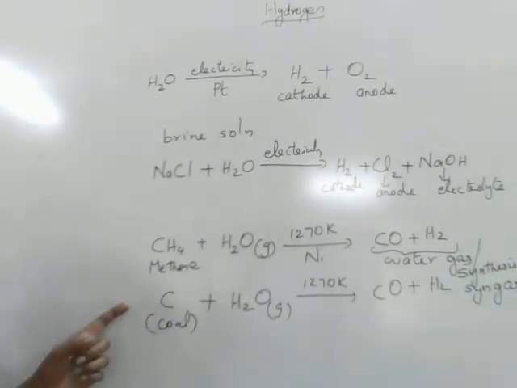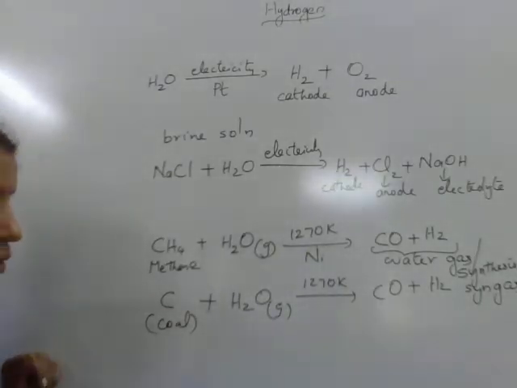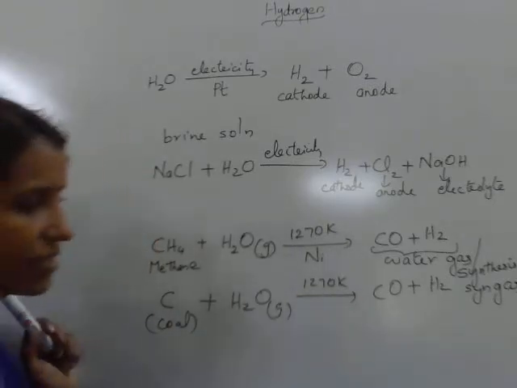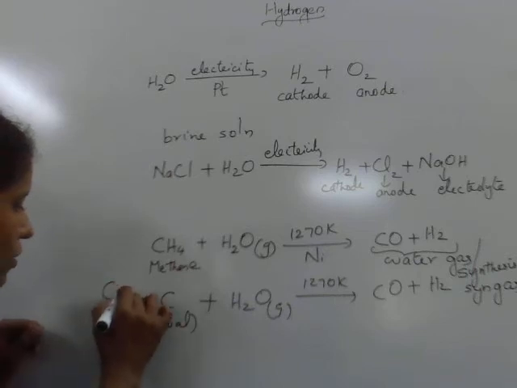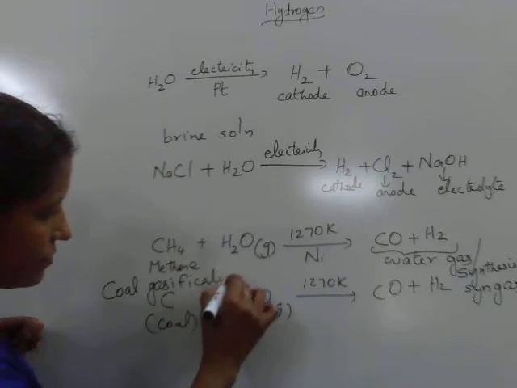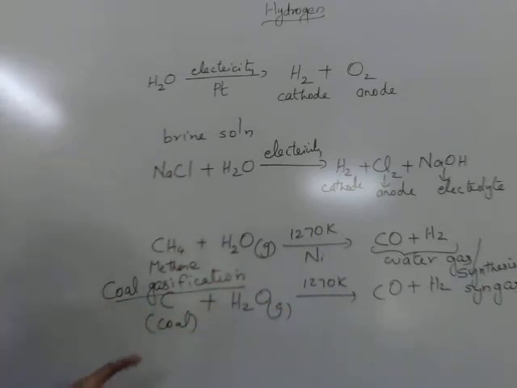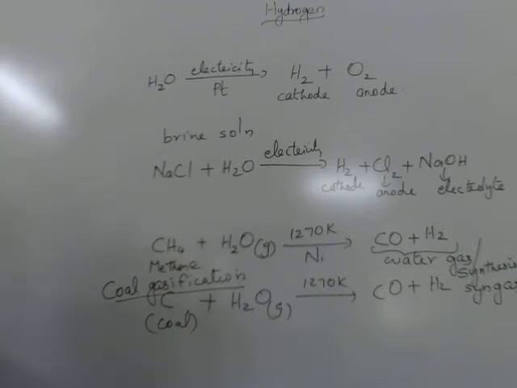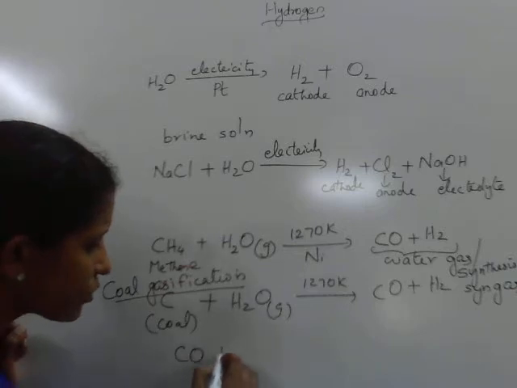Here, see the second reaction, the reaction of steam on coal to produce water gas. In this reaction, we can see coal is getting converted to a mixture of gases. So this reaction is also known as the coal gasification reaction, converting coal into water gas using steam. In this reaction, the carbon monoxide formed can be further made to react with steam.